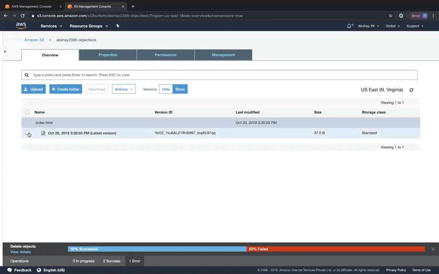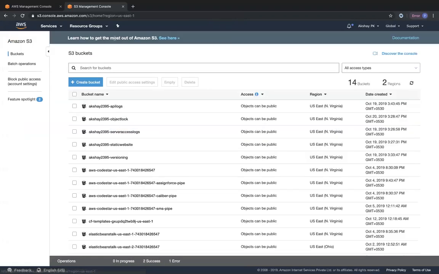Okay. So you can try even to update the same object. That will also not work because overwriting and even deletion is not allowed when you enable object lock. Even if you want to try it out, you can try it out. Delete did not work. So obviously I think that even overwriting the same object will not work.